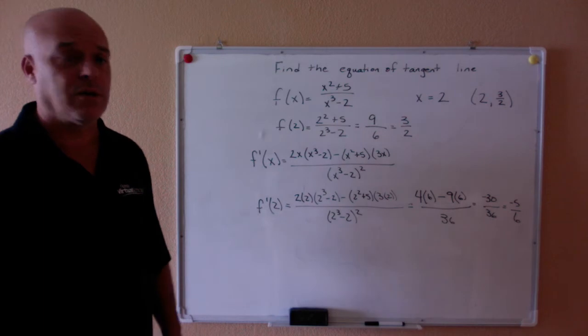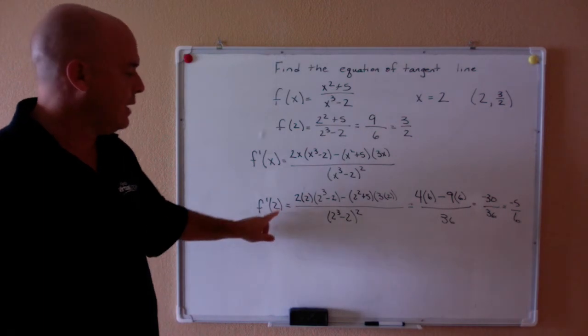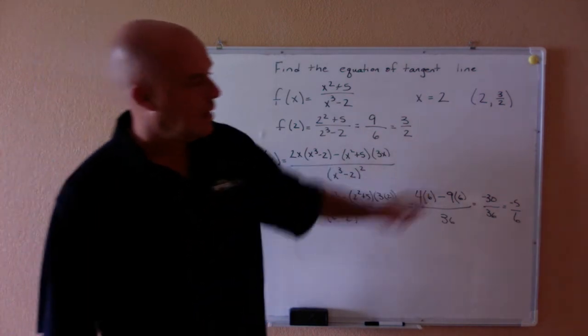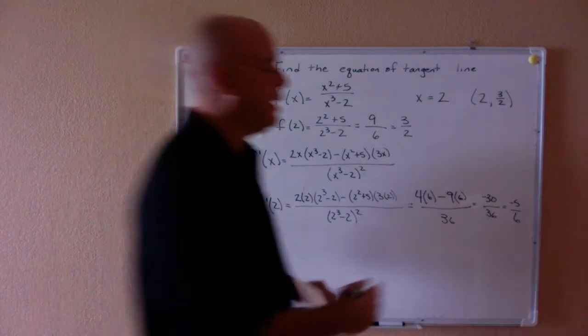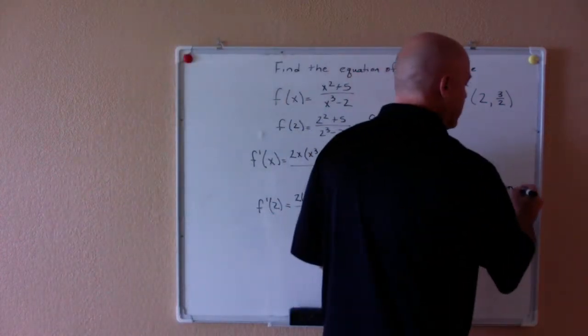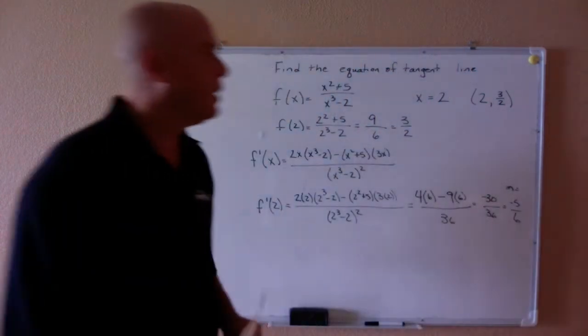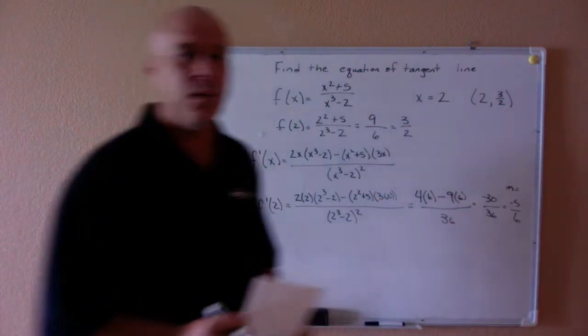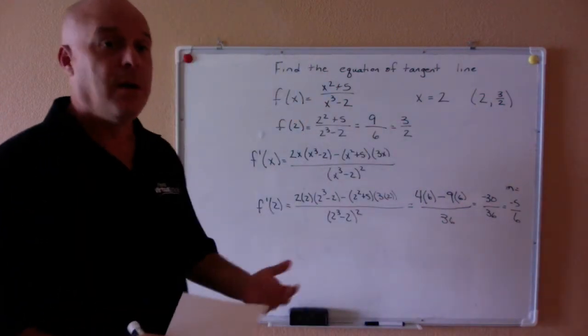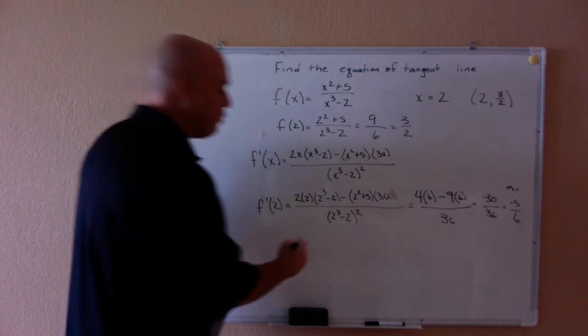I didn't care particularly what the derivative function was. I only needed to know what f prime of 2 was, and that's going to be negative 5/6. So here is my slope of the tangent line, my m value. Here's the point that I'm working with. I have a point, I have a slope, so I can write the point-slope formula for the equation of the